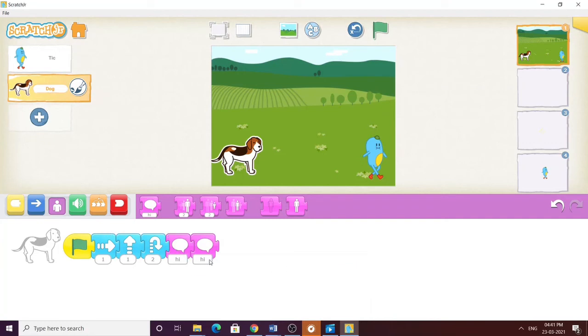So let us make this animation work. To make this more interactive, just click on this flag button. You could see that whatever animation we have or the graphical blocks we have attached, it will be performed by this puppy. You could see that this is the run button or the execute button in this Scratch. So click on this flag. Whatever we have done, it will be done by this puppy. So it will add some more attractive or interactive segment to your story.